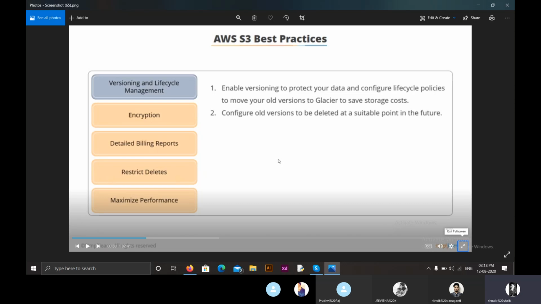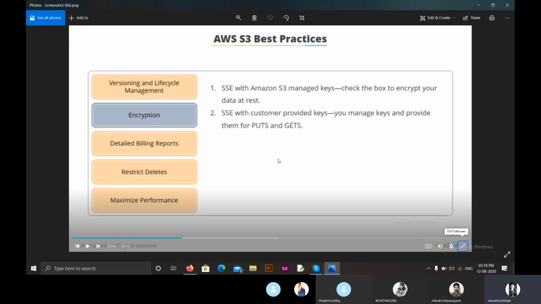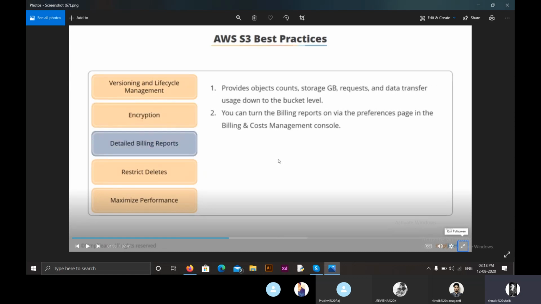Coming to encryption, we have keys, and through these keys we can encrypt our data. We can have detailed billing reports, and we must ensure we have them, covering stored gigabytes, requests and data transfer usage down to the bucket level.